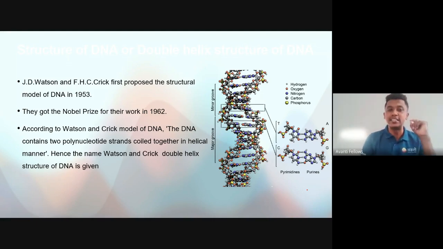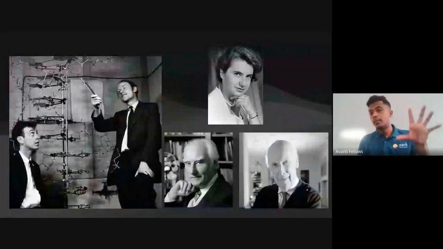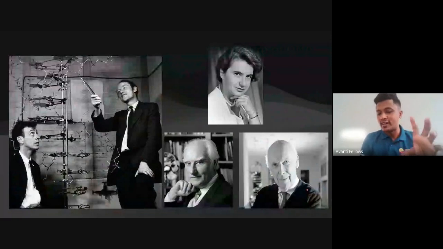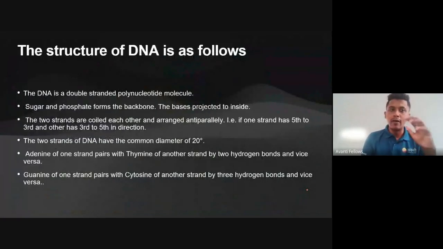in 1962. So according to Watson and Crick, they proposed this double helical structure of DNA, which you call Watson and Crick's double helical structure of DNA. They proposed it. Now, before we talk about Watson and Crick, we have one more person